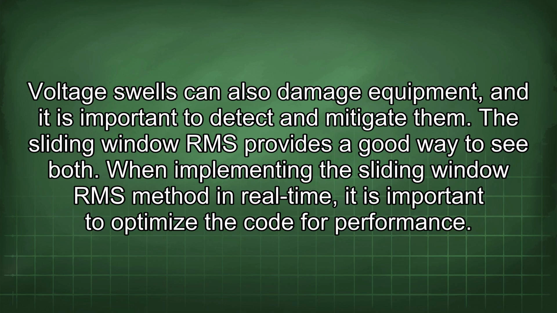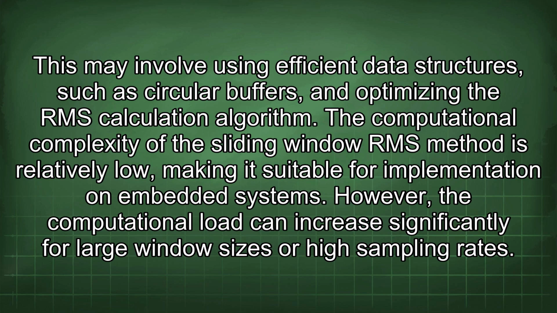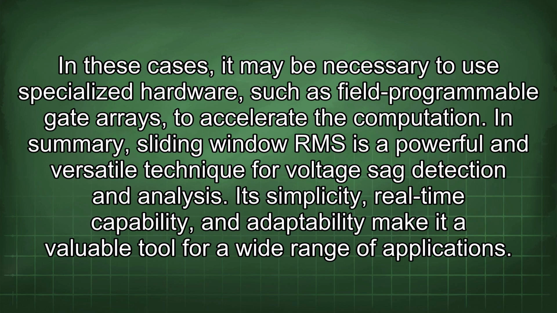When implementing the sliding window RMS method in real time, it is important to optimize the code for performance. This may involve using efficient data structures such as circular buffers and optimizing the RMS calculation algorithm. The computational complexity of the sliding window RMS method is relatively low, making it suitable for implementation on embedded systems. However, the computational load can increase significantly for large window sizes or high sampling rates. In these cases, it may be necessary to use specialized hardware, such as field programmable gate arrays, to accelerate the